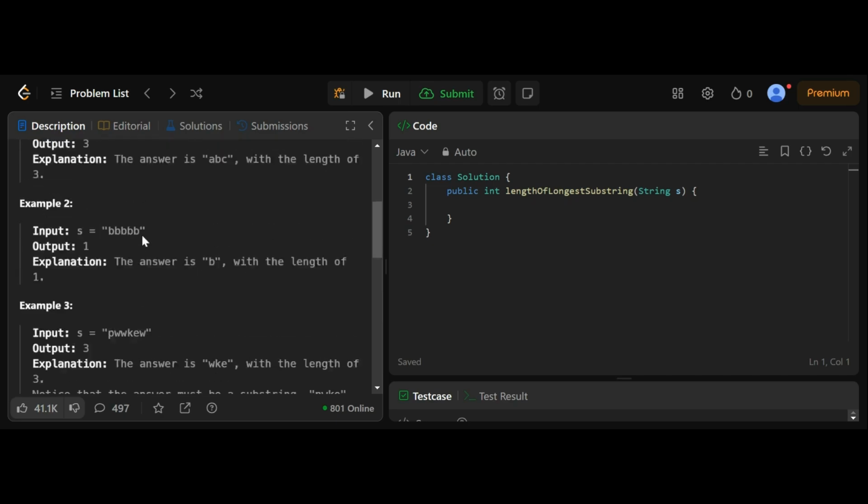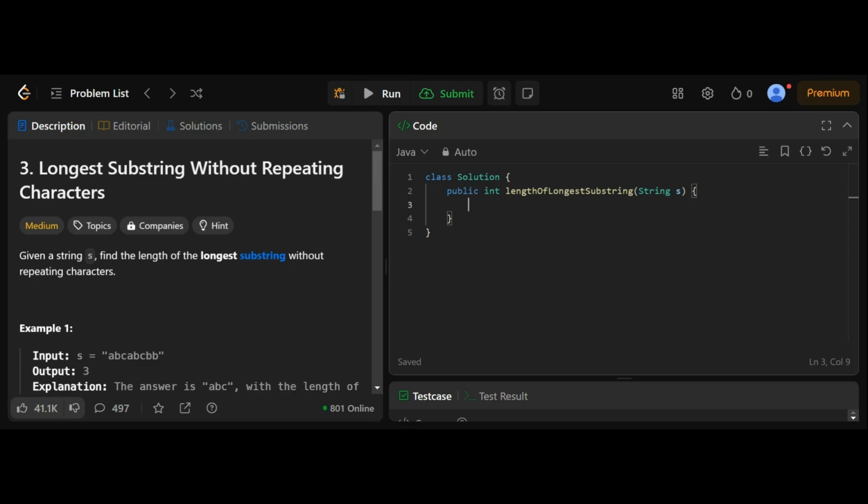Okay, now let's proceed with the implementation part. We are provided with a class Solution and a method lengthOfLongestSubstring, and the return type is given as integer, and also we are given the string s. In this implementation we are going to use a hash set. First of all, I'm going to use the sliding window concept, which is like a two pointer approach. So for this, I'll initialize two variables, start, which is initialized to 0, and end, which is also initialized to 0.